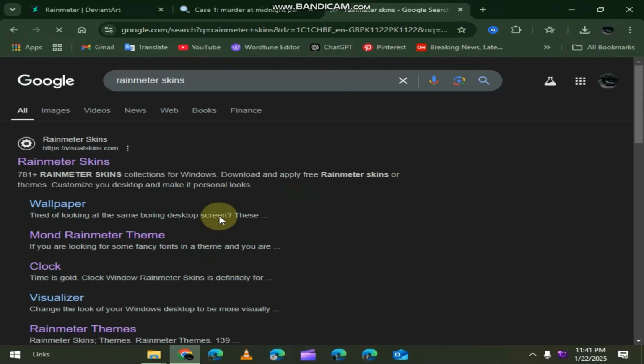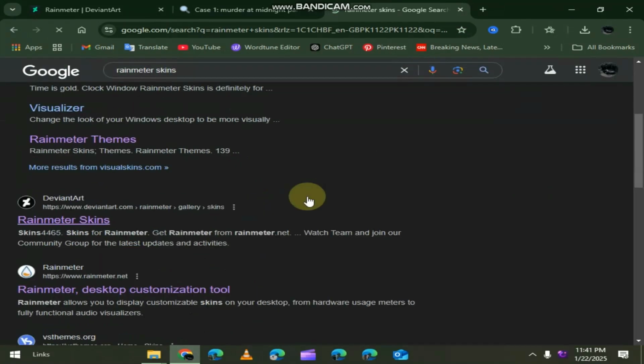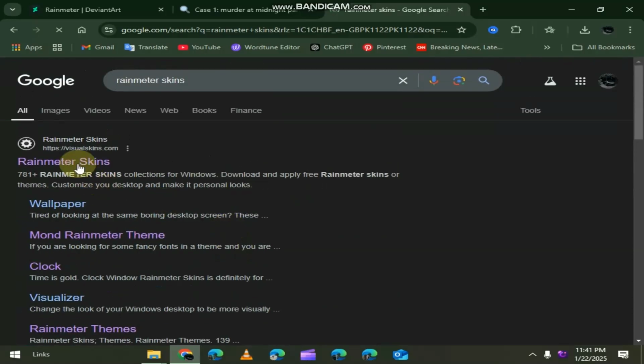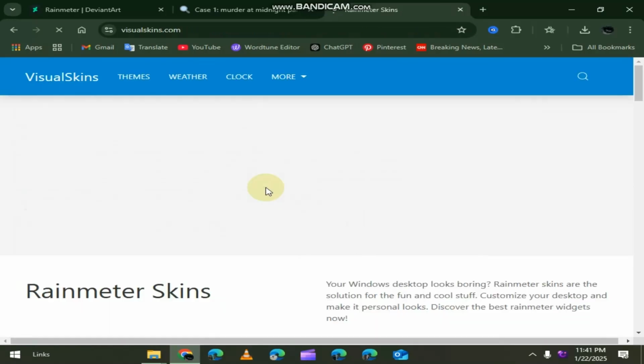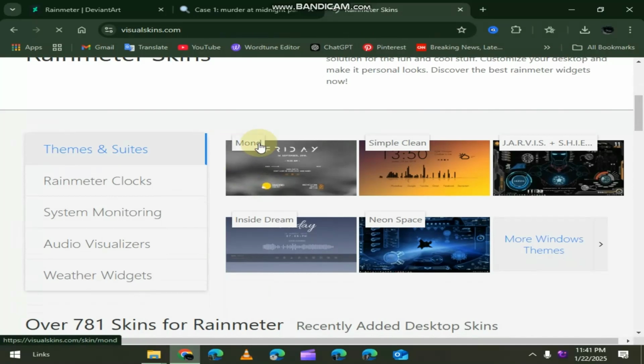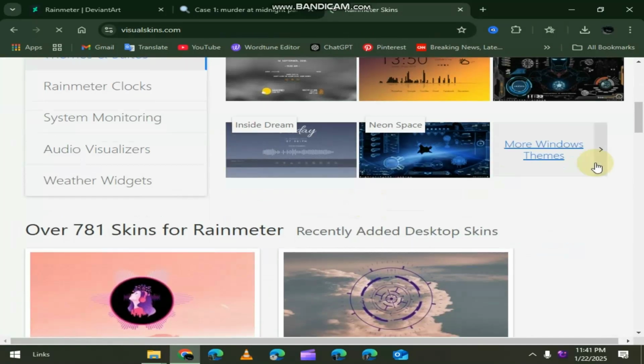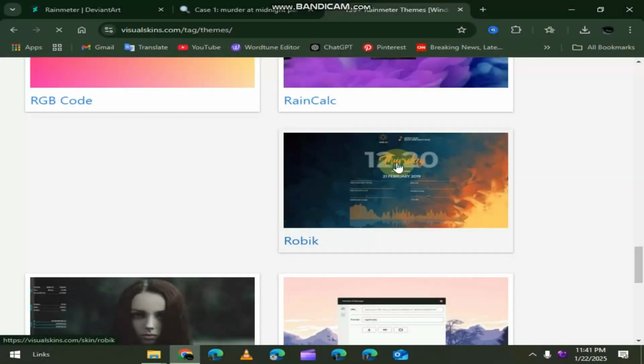Step 3. Find and install skins. You can download skins from the official Rainmeter website or others like DeviantArt. Skins are pre-made packages of Rainmeter widgets that offer a cohesive look and feel. You choose any skin and download